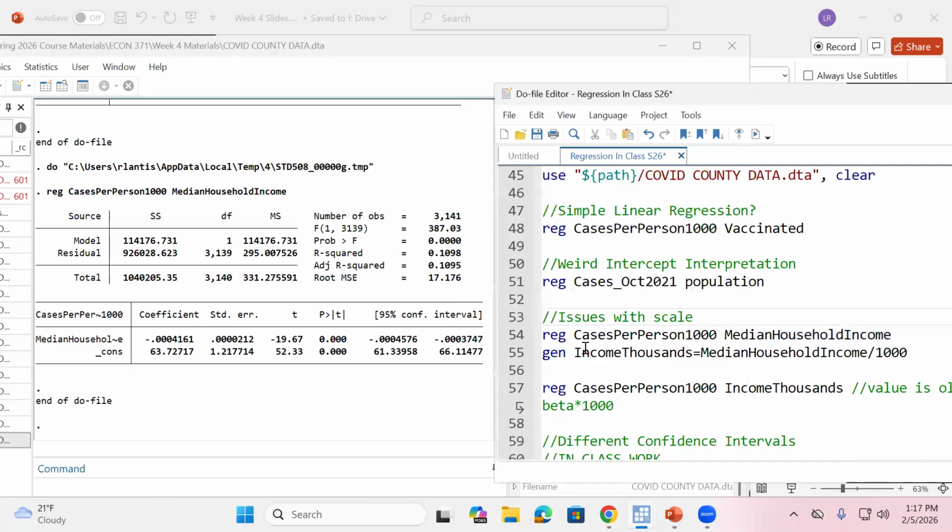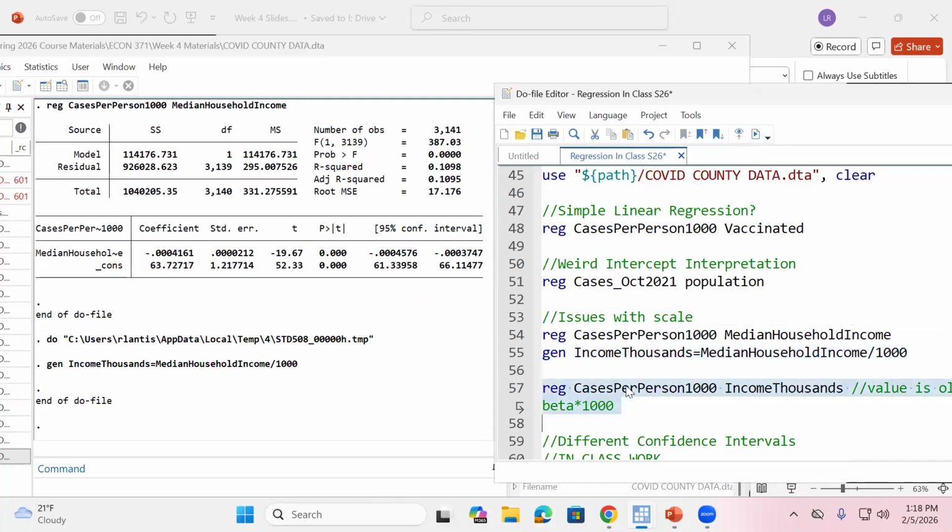Okay. Now, if I scale this variable, right, and I divide it by 1,000. So now instead of dollars, my income variable is going to represent changes in 1,000. The unit is $1,000. Okay. So if I do that, we said kind of last class, what will happen to my coefficient? Well, the effect of $1, how would I get the effect of $1,000? Simply take the effect of 1 and multiply it by 1,000.